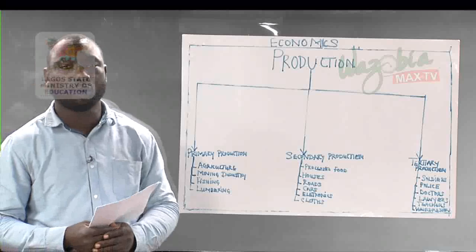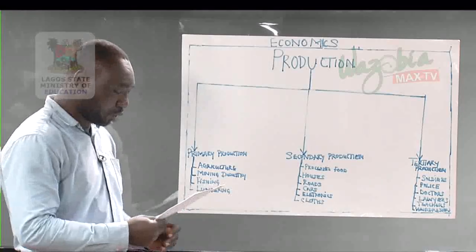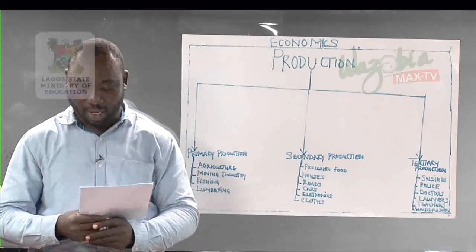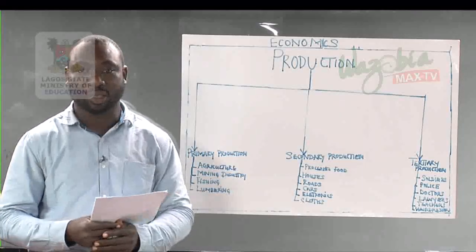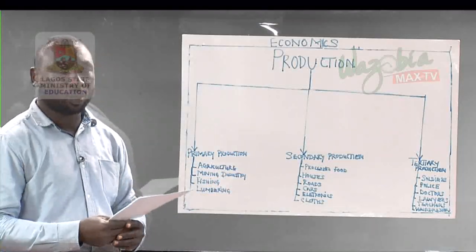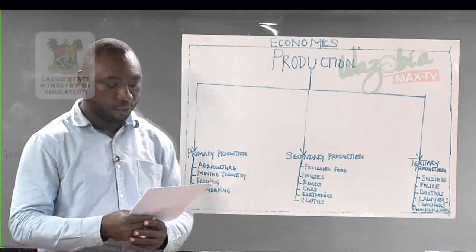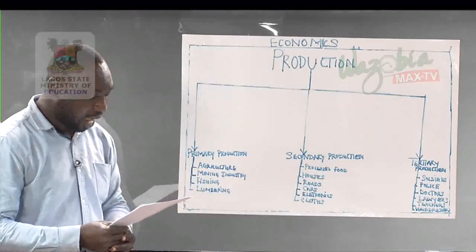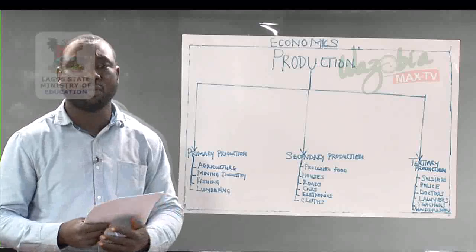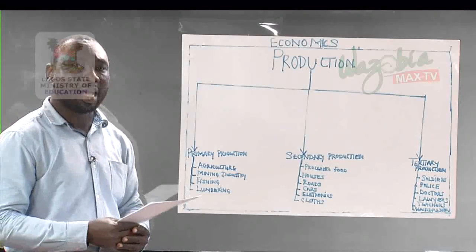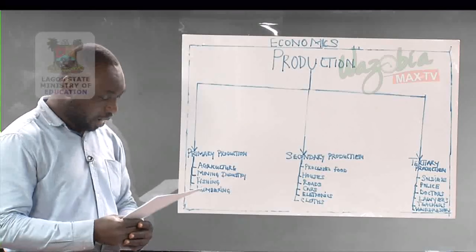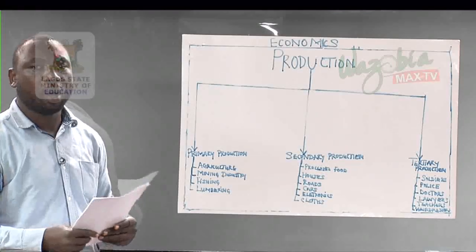What are the various goods that we can get from production? We have electronics, that is TV sets, radios. We have houses that we are living in. We have books, cars, clothes, mobile phones, and the rest. And we have two types of goods from production that we can produce, that is consumable goods and producer goods.